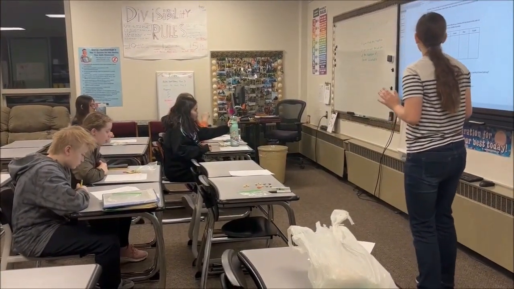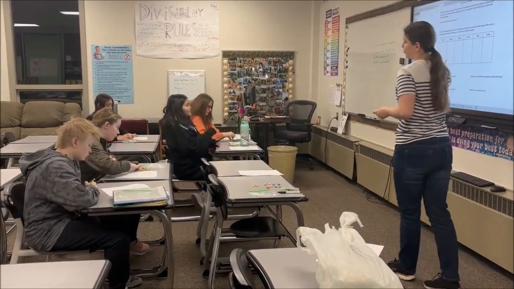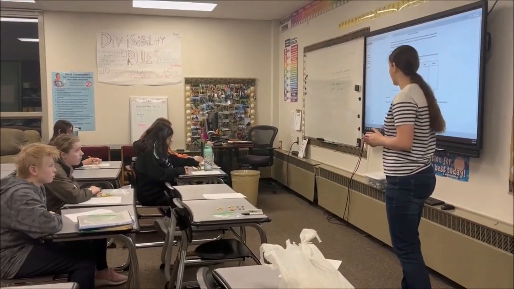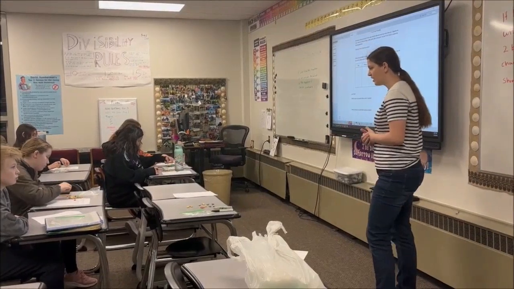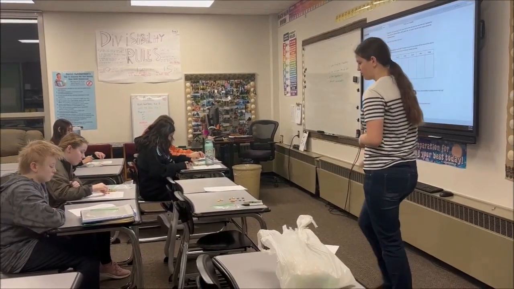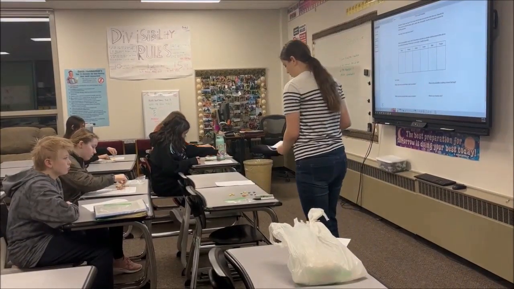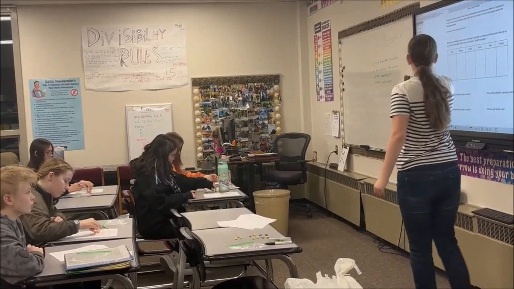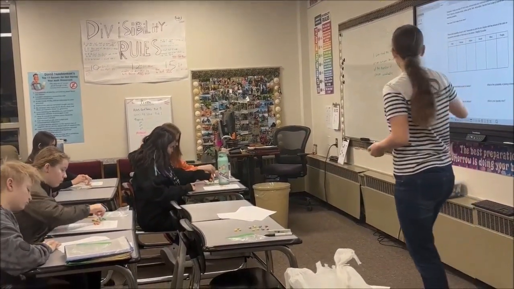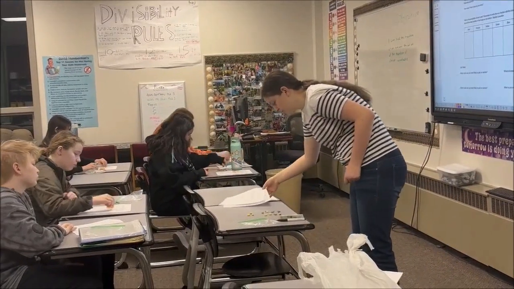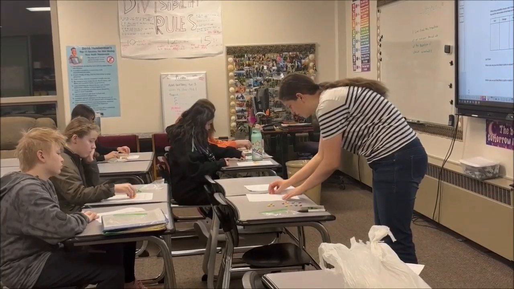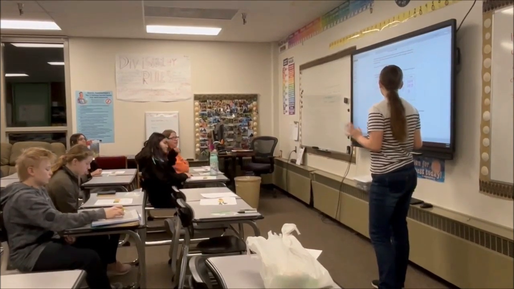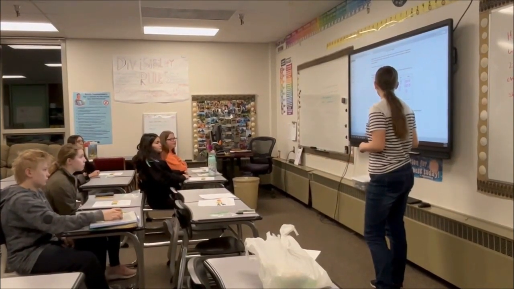Okay, so then we want to separate them into each color. There's a graph right here, so you just want to put them in the boxes, if you can, or organize them however you want. And you want to figure out how many of each color you have. So if I have my sheet right here, I would grab all of my red ones and put them right here in this box. Then I do the same with orange and all the other colors that I have. So you can just start by putting them in the box to keep track of them, so you know how many there are. You should get a total of 20, if I do this right.